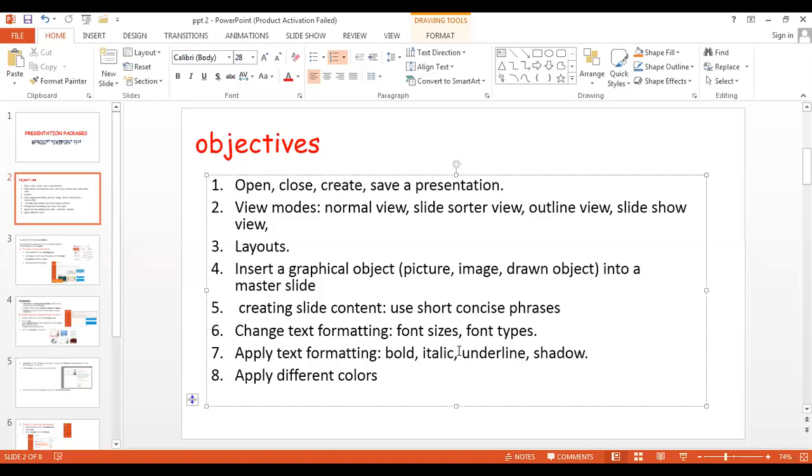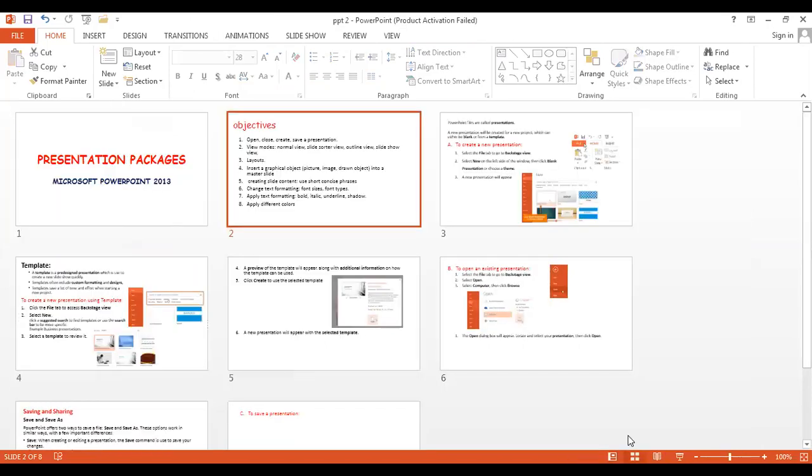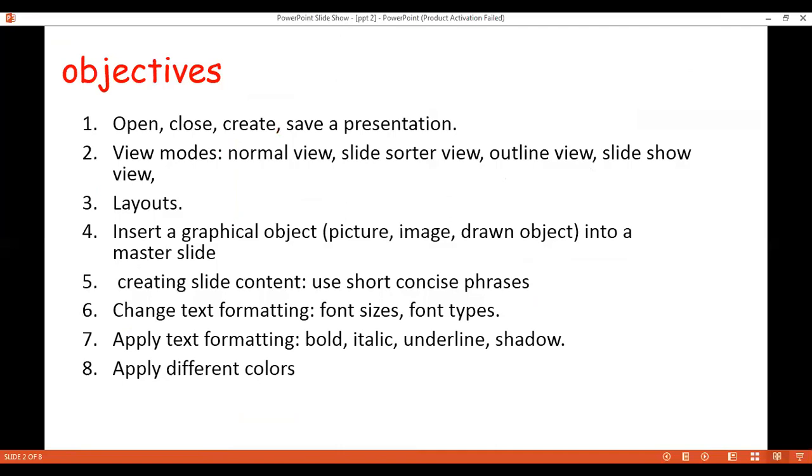Also, if you click the next one, which is slide sorter view, you can see it displays each of the slides on the screen. So that is what we call slide sorter view. And also we have the read view. If you click the read view, it's almost similar to the slide view, but what I just observed is that it is not as big as the slide view. And also, what I observe now is that maybe I should be making use of this slide view because